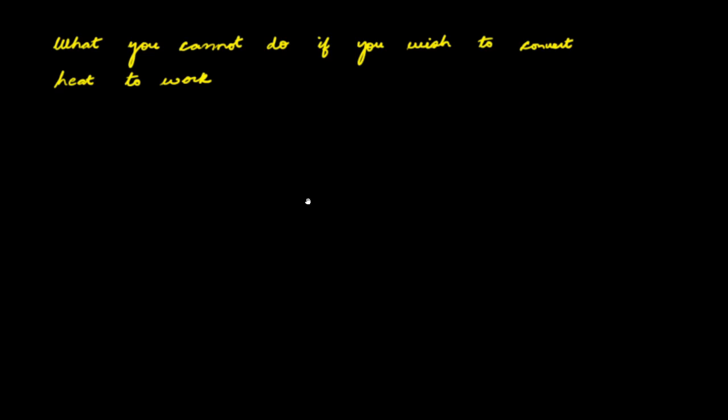So consider that you are playing a game of converting heat to work, and nature imposes certain rules for this game. And these rules that nature imposes are the laws of thermodynamics. And these laws describe what you cannot do if you wish to convert heat to work. And the rules are: